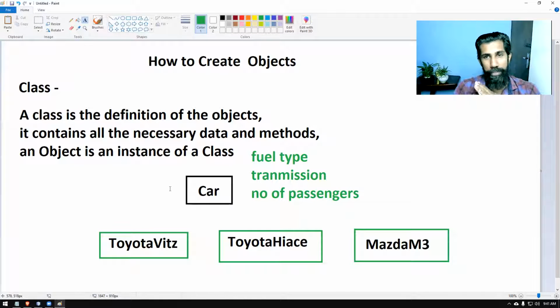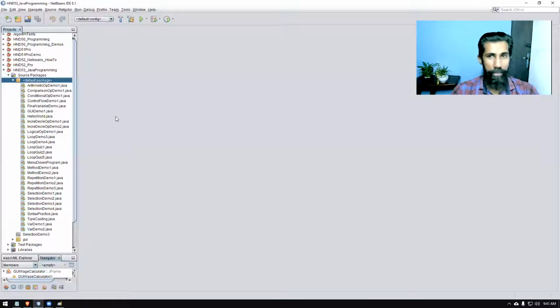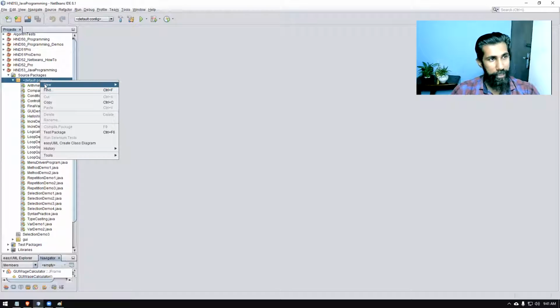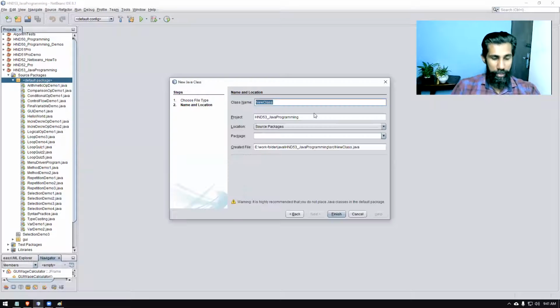So I'm going to prove this theory using Java coding, and I will create a small program and show you how it is functioning. Once you practice that, we're good to go. Without further delay, let's get started. I'm going to create a program, right clicking on the default package here, new Java class. I'm going to call this one Calculator.